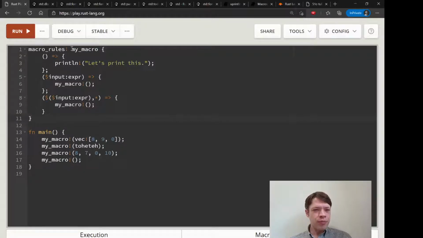You see that in the standard library a lot actually. So here is this macro we put together. It's called my macro, and if you give it nothing, it's going to say let's print this. And if you give it one expression, then it's going to call my macro, going to call itself, and give